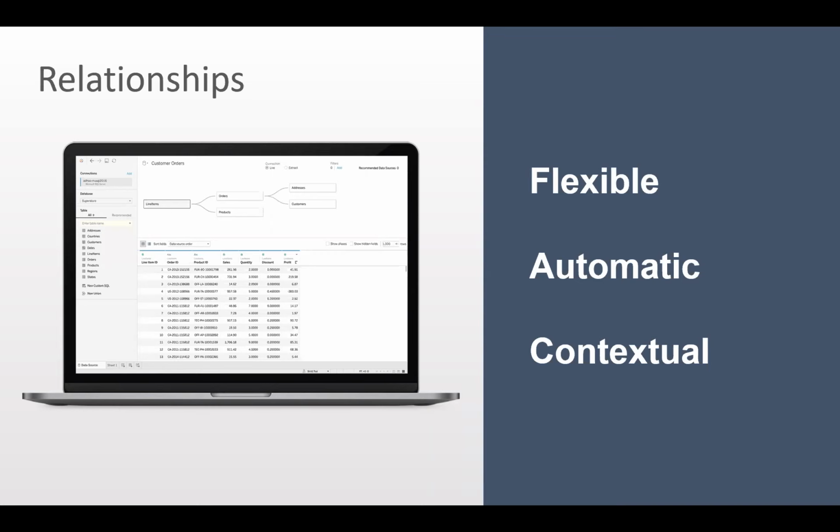Then Tableau generates automatic joins based on the current state of the analysis. So relationships postpone joins to the time and context of the analysis. This preserves the native level of detail in your data and only queries those tables that are needed based on the fields in the viz. When you combine tables using relationships, it's like a custom flexible data source for every viz, all in a single data source.